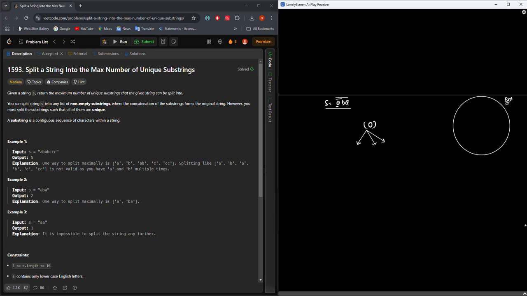Now first will be A, second will be AB, right? First we will traverse A. After that we again traverse. Currently we are standing at index 1. Recursion starts from A, and we check that A does not exist in our set, so we can add it. At index 1 we already have a B, and we check that B does not exist in our set, so we can add B here, right?